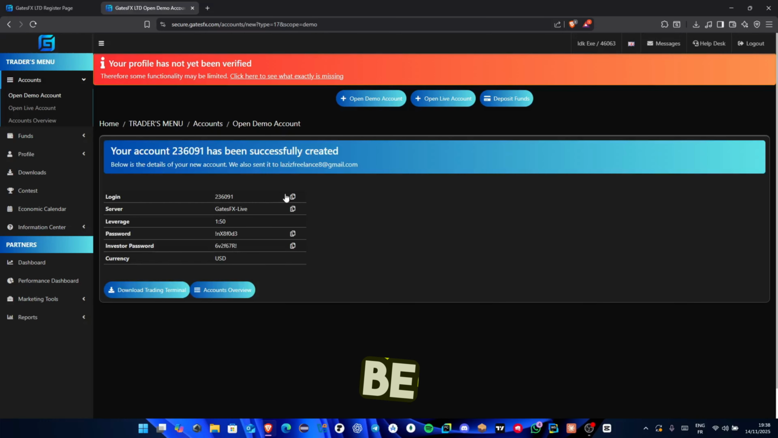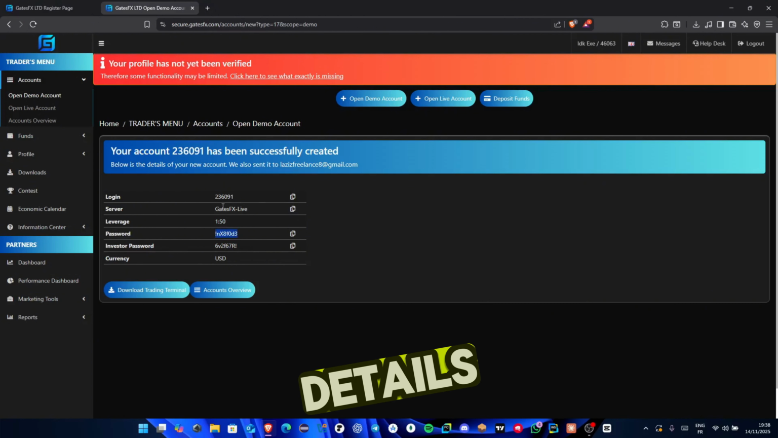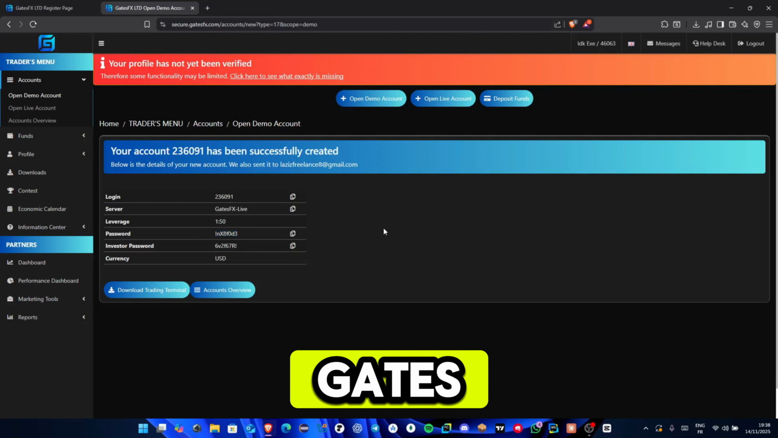Your demo account will now be created. You'll see your login credentials, investor password, and other important details. And that's it. You can now log in and start practicing on your GatesFX demo